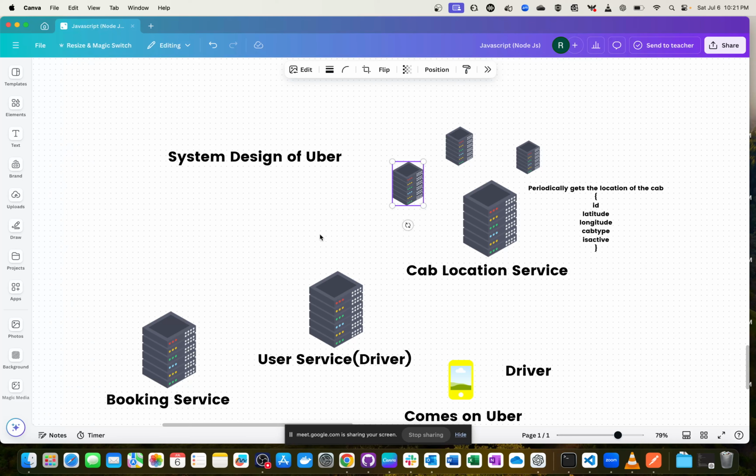And then what are the other services? Okay, so now I come to the user service, right? So the user is the rider. The rider registers on the app, he gets a UUID, right? And he goes to the booking service,